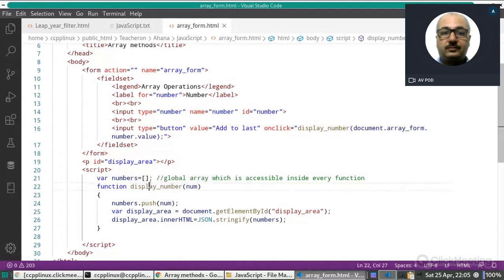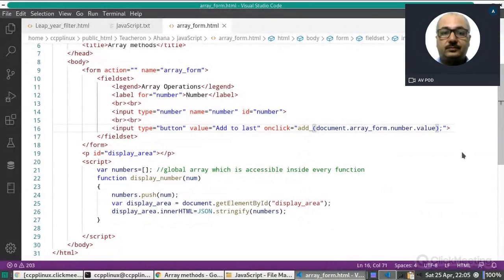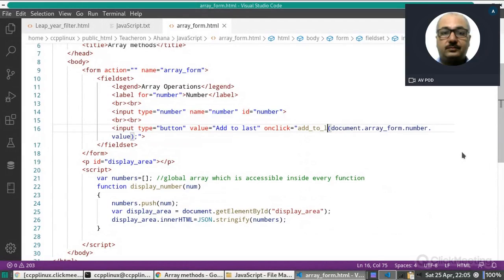Means the display number method will only be responsible for displaying. So otherwise we can give its name something like add to last, then it will become meaningful. Here also add to last.